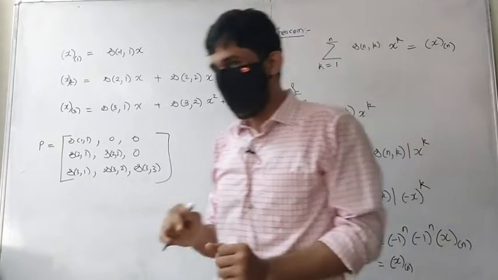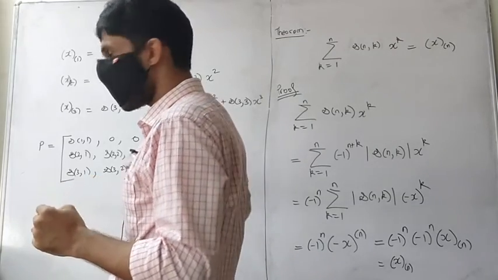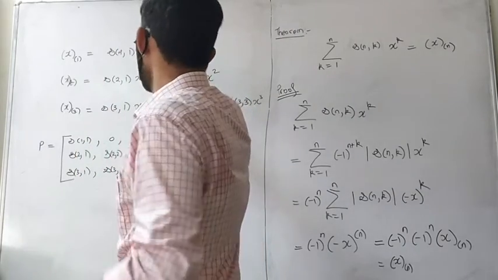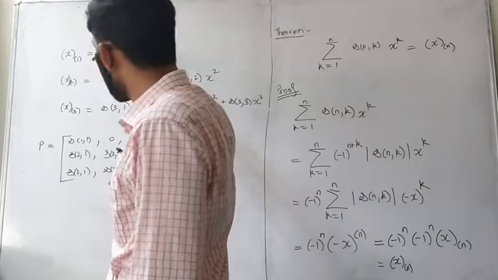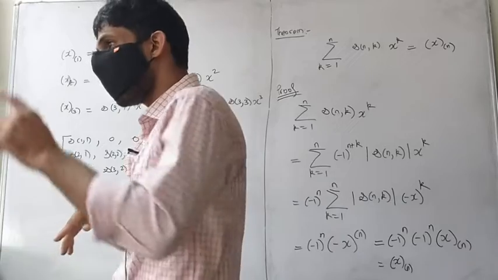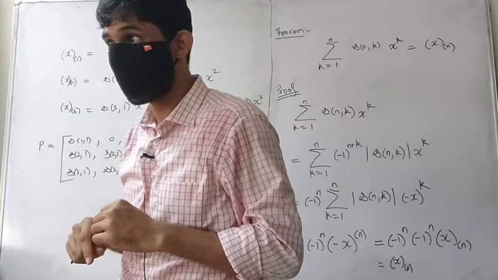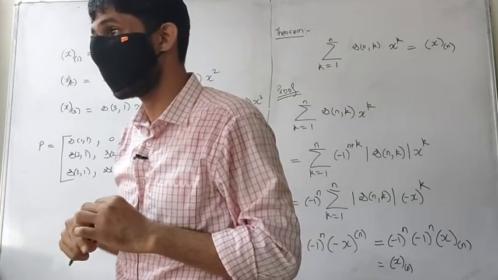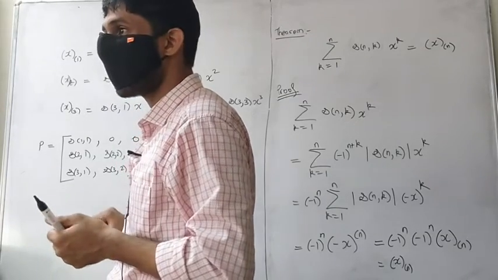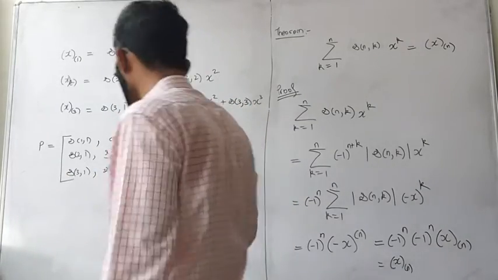Okay, and you all know that if this is the change of basis matrix from the usual basis to the lower factorial basis, what if you want to go from lower factorial to the usual basis? Then what is the change of basis matrix? It's going to be exactly the inverse of this. It's quite obvious. I'll tell you why.